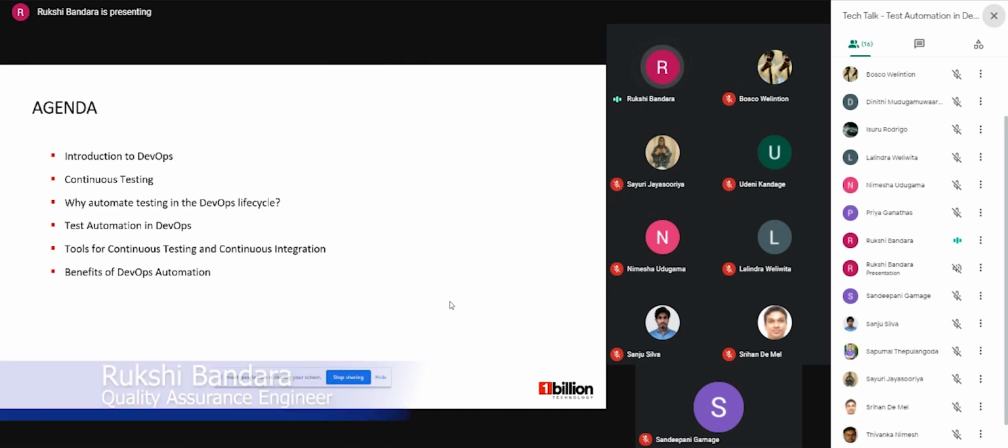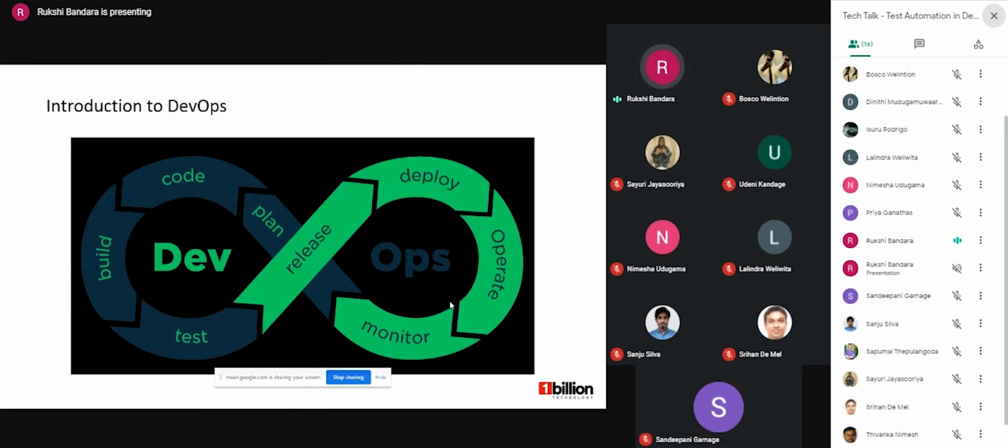So firstly, we will move to the introduction to DevOps. So what is DevOps? Simple answer for this question is it's a combination of development and operations. So it's a software development methodology that looks to integrate all the software development functions from development to operations within the same cycle. So this calls for a higher level of coordination with the various stakeholders in the software development process. So let's draw our attention to some of the best practices for effective DevOps.